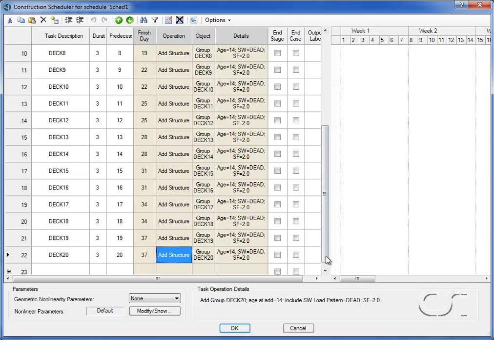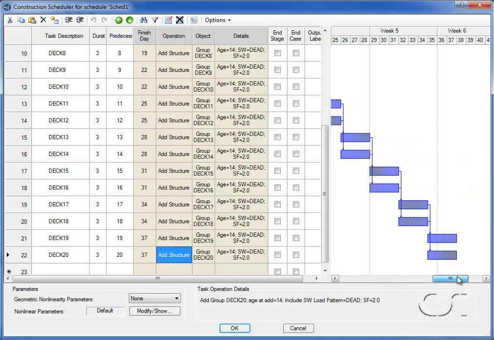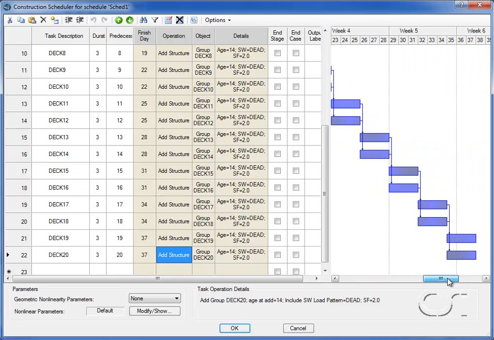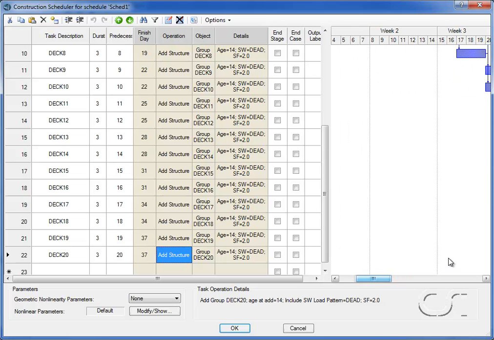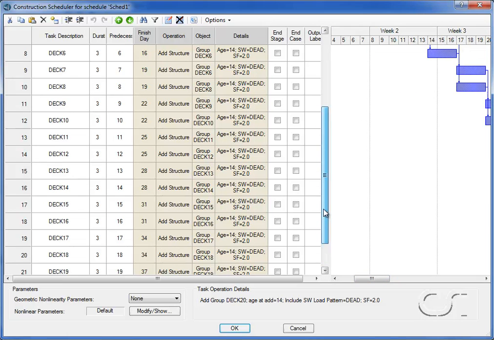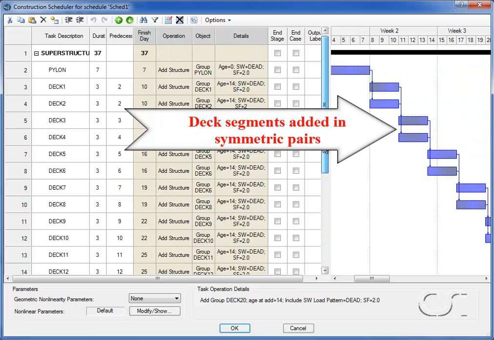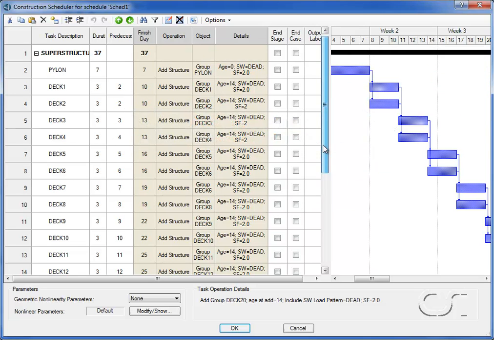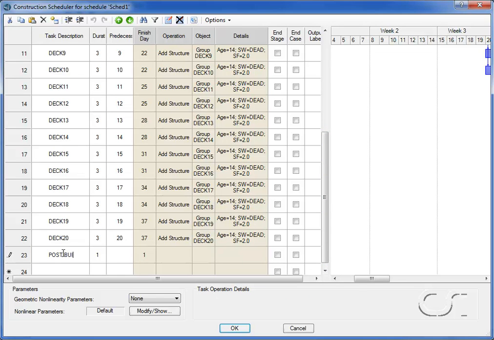Scrolling out, we can see how the tasks relate to one another on the Gantt chart. Next, we will add tasks after the construction to model the effects of time. We will input a task summary called Post Build,